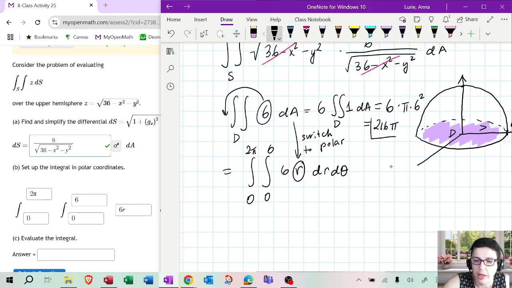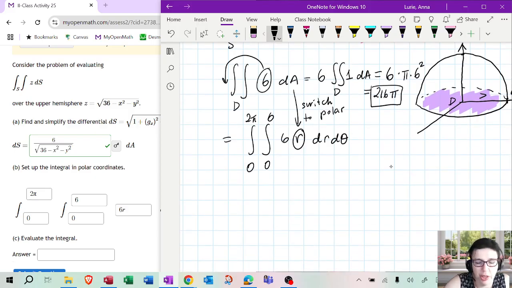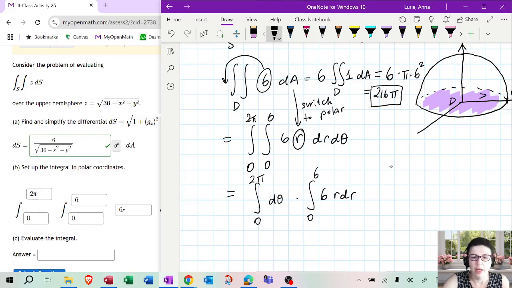Now, let's show that that is going to be the same thing if we were actually evaluating it without knowing the properties of double integrals. So because the integral doesn't have a theta, we can just basically split it into just the 0 to 2 pi d theta and then 0 to 6 r dr. Notice that we can always split an integral if the integrand, or whatever we're integrating, is a product of something that has one of the variables times something that has the other variable. And that's what I'm using right here. Also, the limits must be numbers. So if any of the limits had, let's say, an r in it, that's not okay. You cannot split, then you would have to integrate regular, like a partial integration.